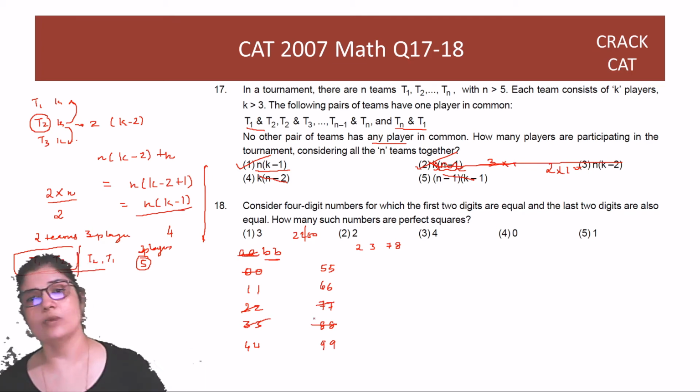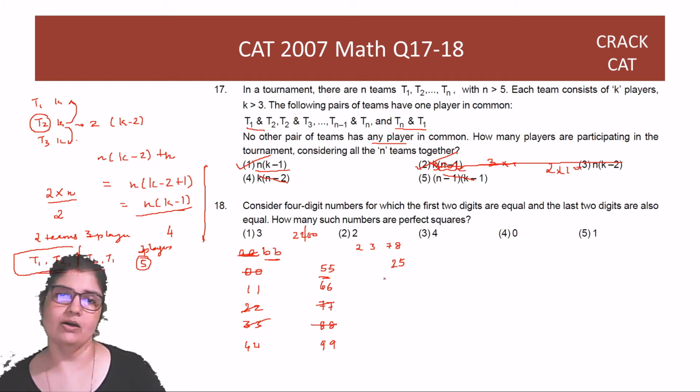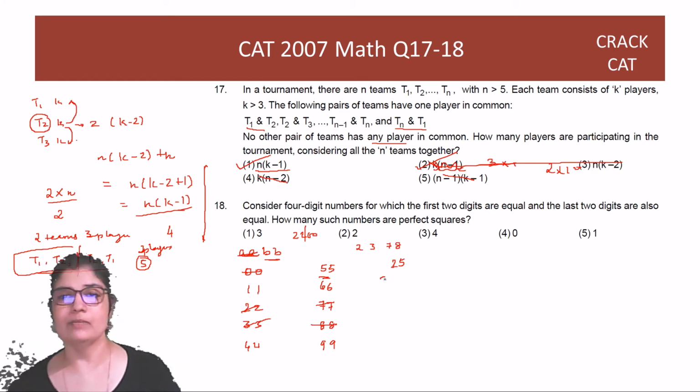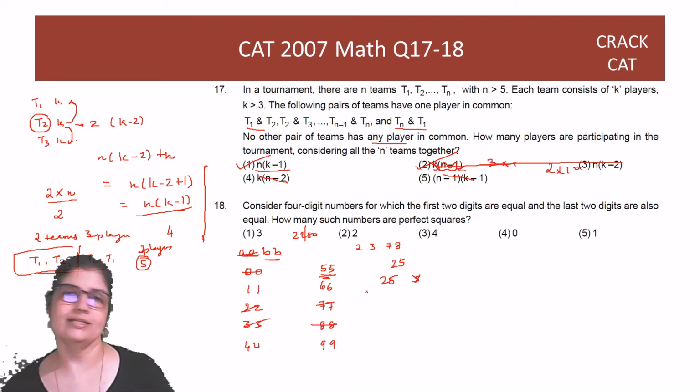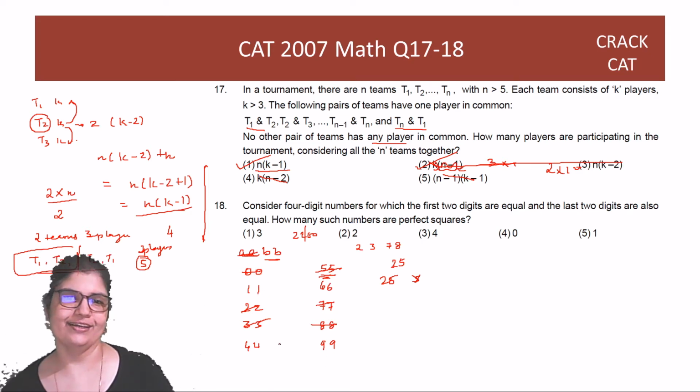अच्छा, if a square is ending in 5, it has to end in 2 5. It cannot end in 5 5 because either a square is a multiple of 25, क्योंकि उसमें 2 5 होंगे, या कोई 5 नहीं होगा. सिंगल 5 तो हो नहीं सकता ना, तो 55 ही गया, राइट. अच्छा, अभी 1 1, 4 4, 6 6 और 9 9, करेक्ट.